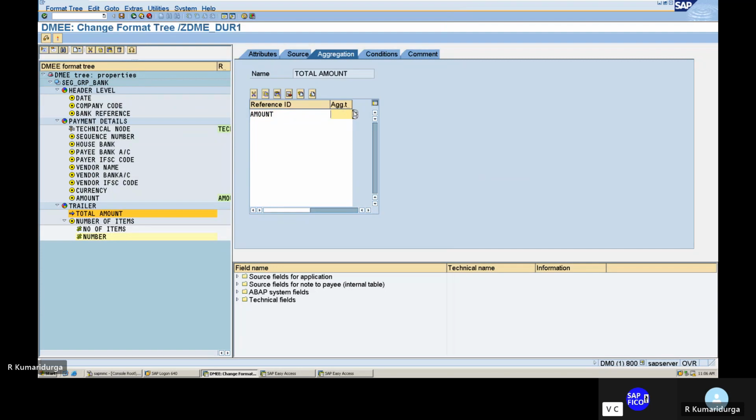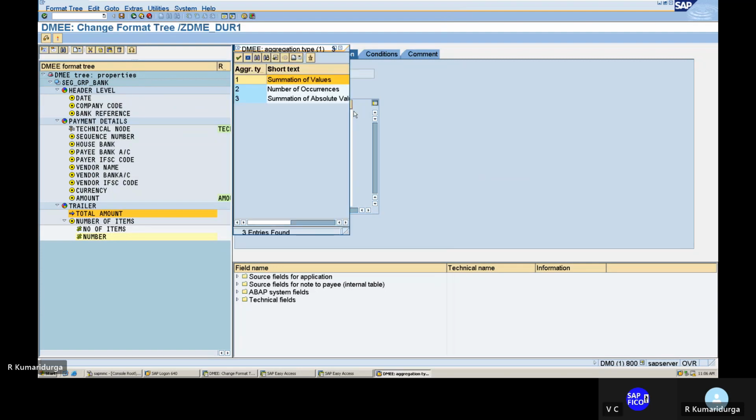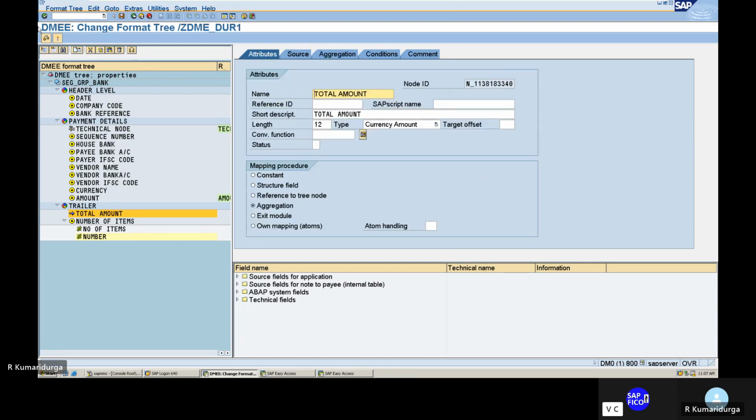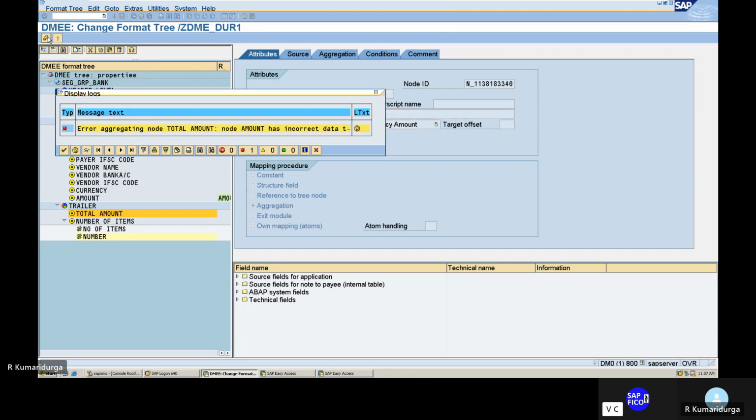Take out the aggregation, ma'am. Summation of values. Take out the summation of values. Click on enter, ma'am, and go to the syntax check. If you get any errors, automatically we will see them. And if we don't get any errors,